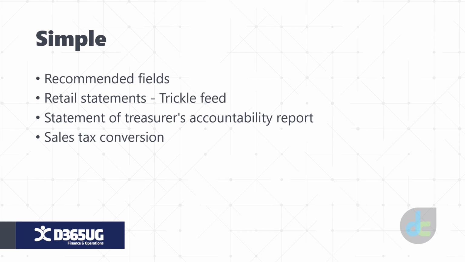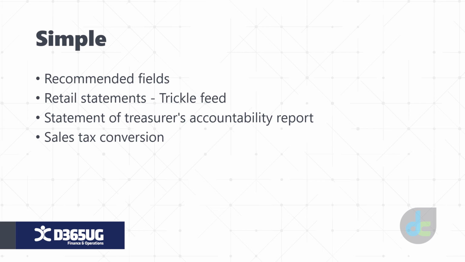So the last few simple ones, we have recommended fields. This adds a framework that allows users to recommend fields be added to specific list pages or drop downs based on how your users use the system. It ships with only 5 rules from Microsoft, but you can define your own. And when a user looks at a report, it may say, hey, most users add this here. Would you like to go ahead and do that? So sort of a neat feature, but not much functionality there right now.